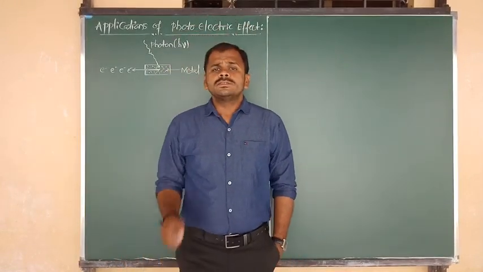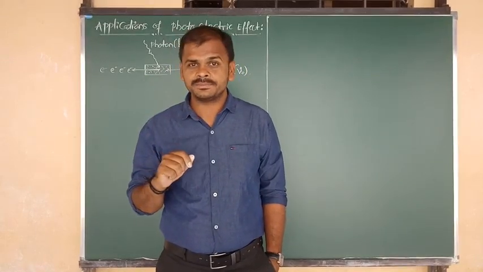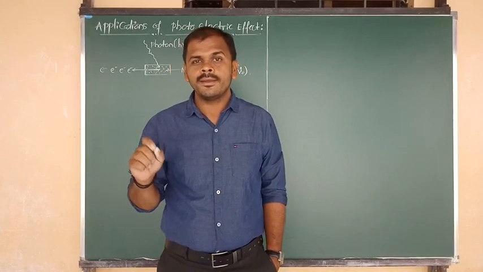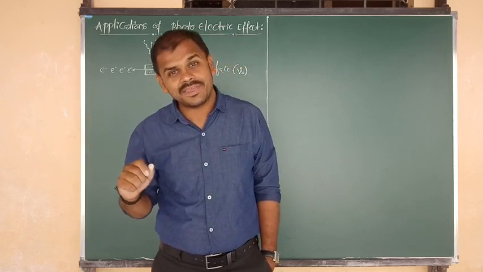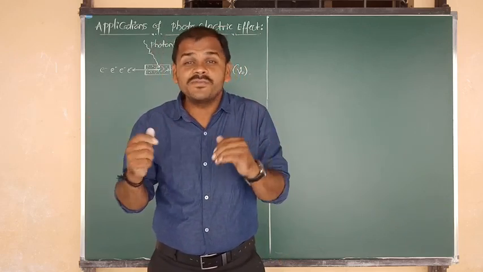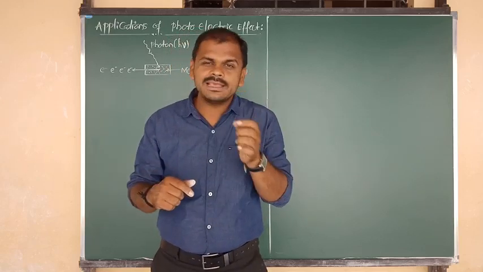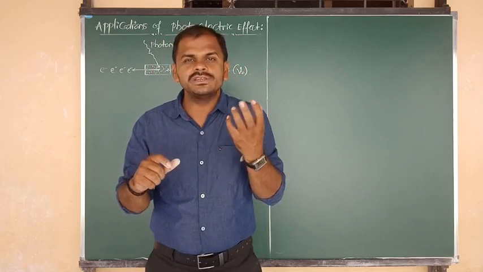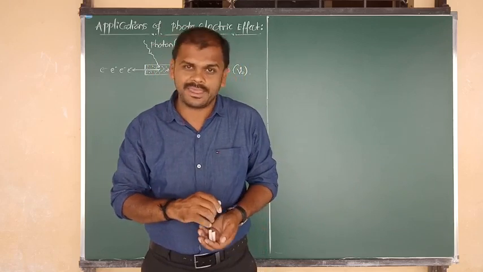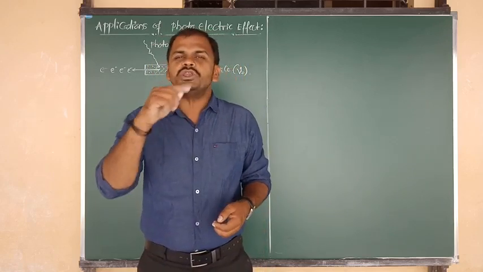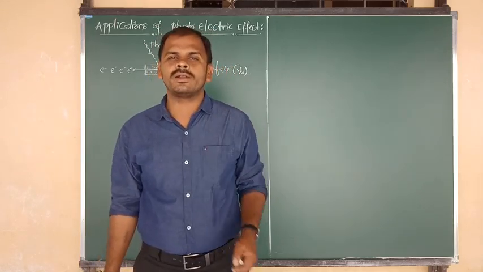So in the last class we have seen a clear story of the photoelectric effect. And finally we did a derivation, that is for what? Einstein's photoelectric equation. So what is the formula of Einstein's photoelectric equation? h nu, nothing but the total energy of the photon, is equal to the work function W plus the kinetic energy of the ejected electron, that is Ke. Yes or no? So h nu is equal to W plus Ke. That is nothing but what?